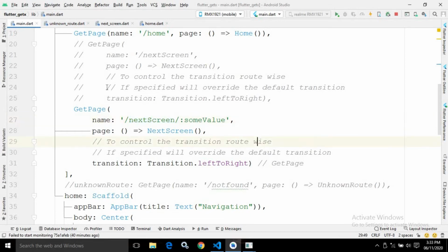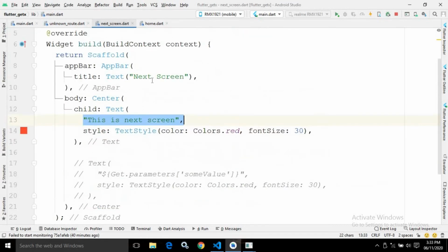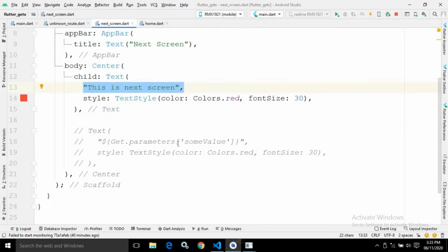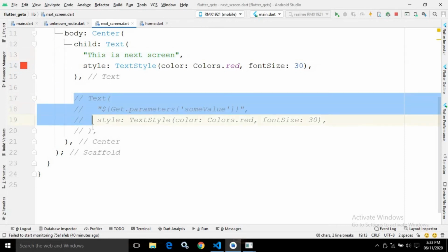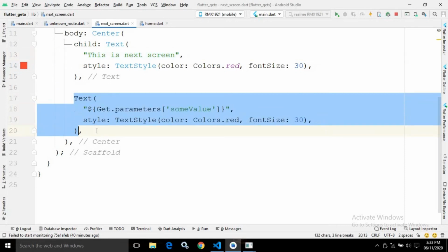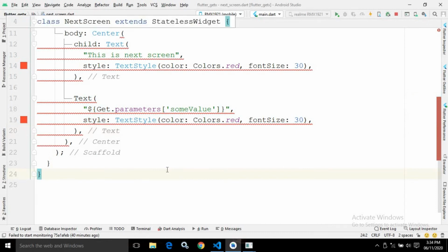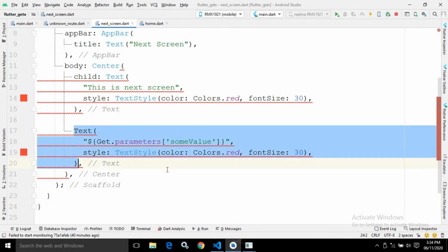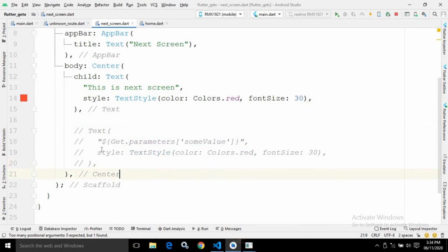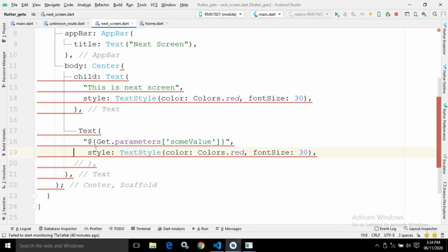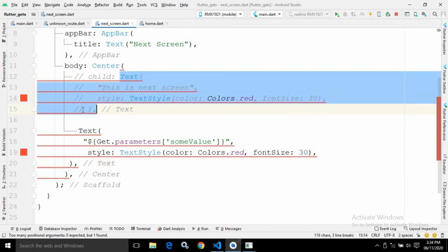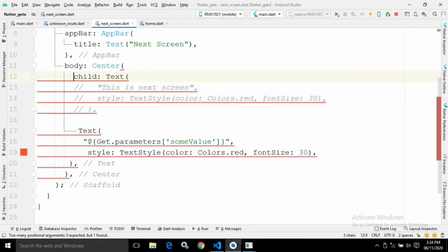Now let me go to the next screen, because here we are moving to the next screen. Here I will simply uncomment this text widget, and I will comment this and uncomment this child.